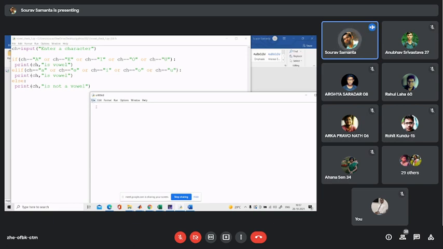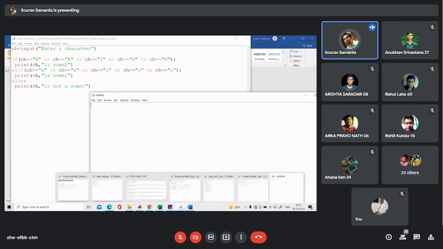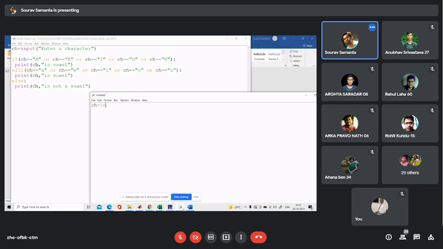So here we first have to check whether the input is a number or a character. Okay. So ch input